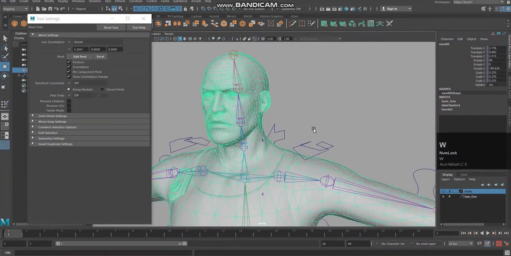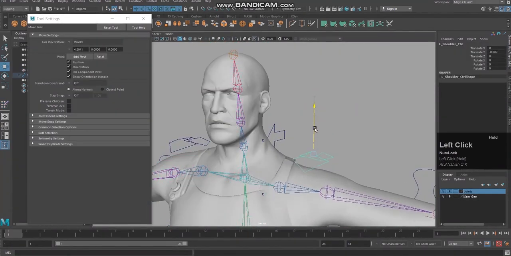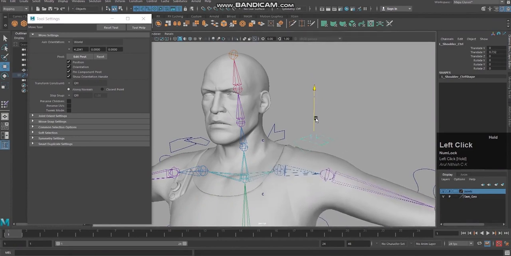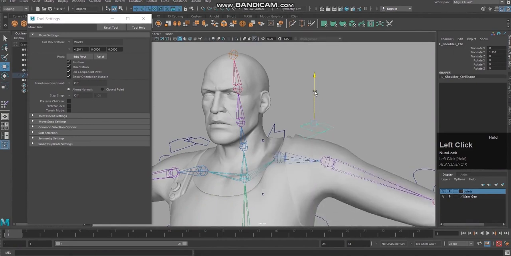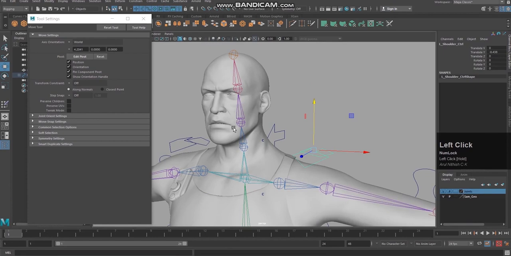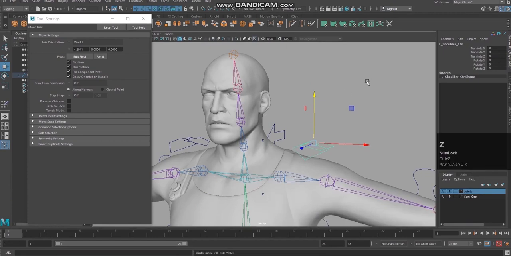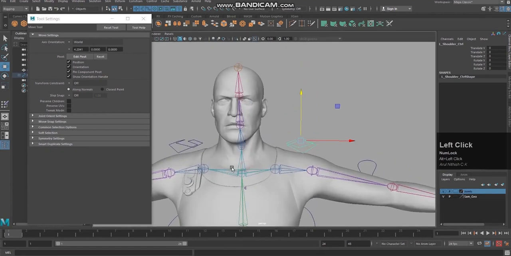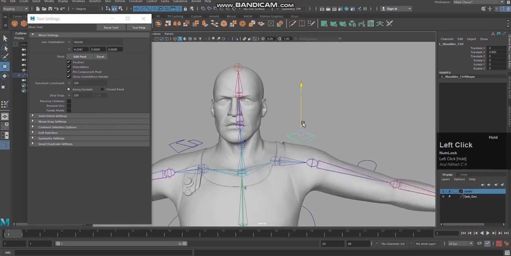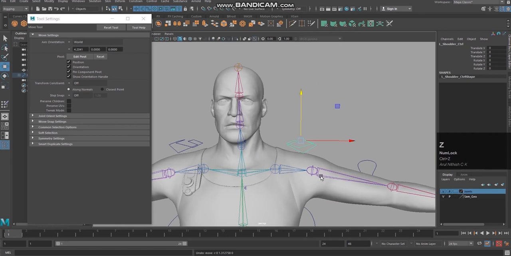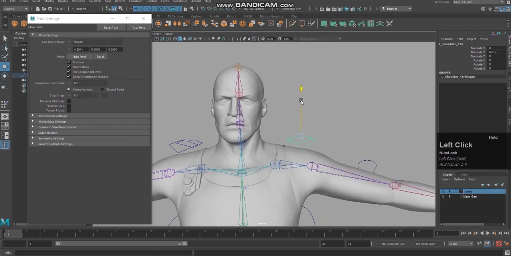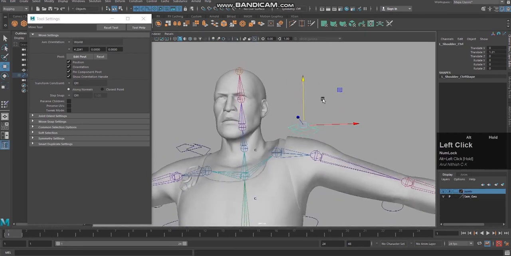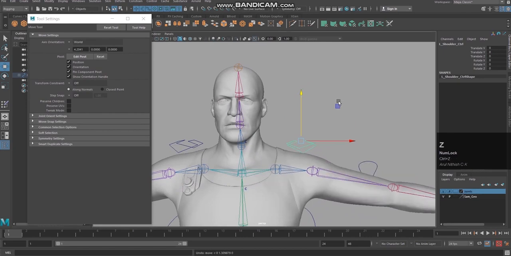Now let us check. See, the collarbone's influence on the face and the chest has been removed. Previously when I moved this, the face was tearing off, and the chest on the other side of the body was also getting affected. Now you can see only this area is getting affected. So this collarbone influence is working properly, right?